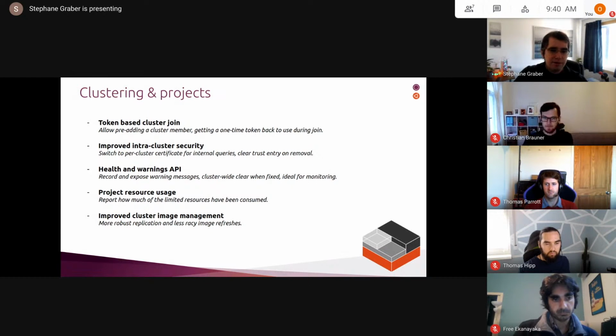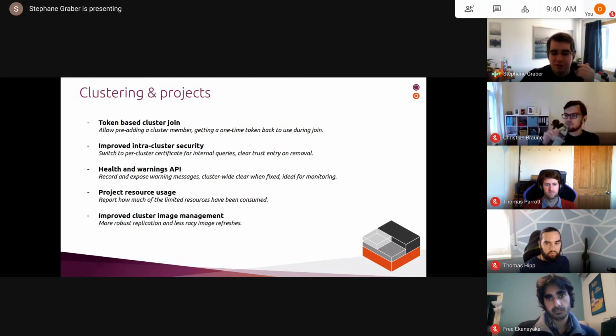Then the next step is project resource usage. That's a bit of a gap we've got right now. In projects as they stand, you can limit resources. You can limit the number of instances you get, the number of virtual machines, containers, amount of disk space being used, number of networks, a whole bunch of things you can restrict right now. But there is no way for you to know how much of it you've used. So you effectively use those resources until LXD says no, at which point you know that you've hit your limit. You can technically go look through all of your instances and networks and storage and manually count things. It's definitely possible, but it's really not easy.